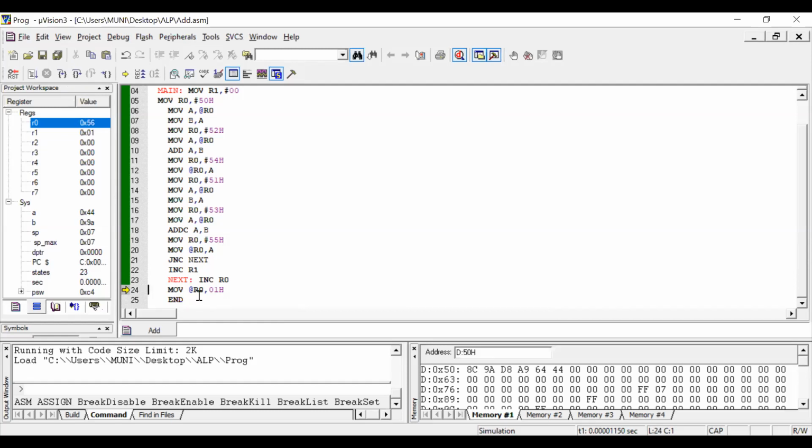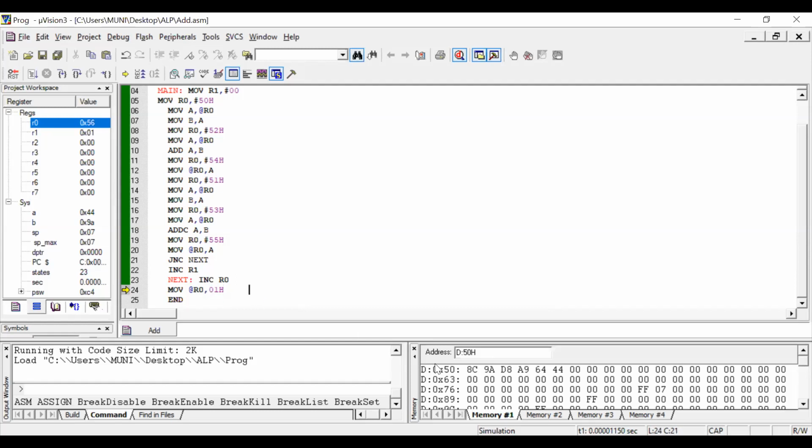Then MOV @R0, 01H. Here MOV @R0 supports only the accumulator, and register to register is not supported, so R1 is not supported directly. We know the address of R1: the R1 address is 01H, so you can specify it indirectly. So MOV @R0, 01H. 01H is the address of the R1 register.